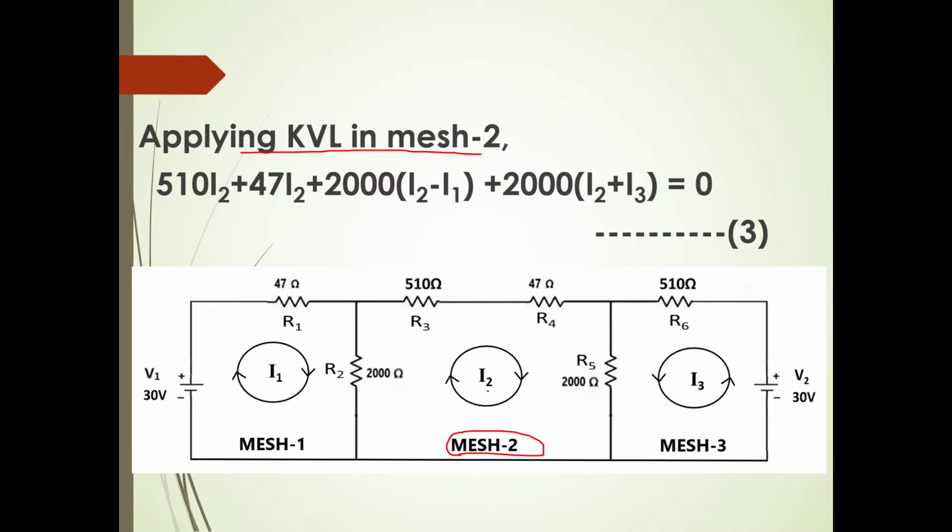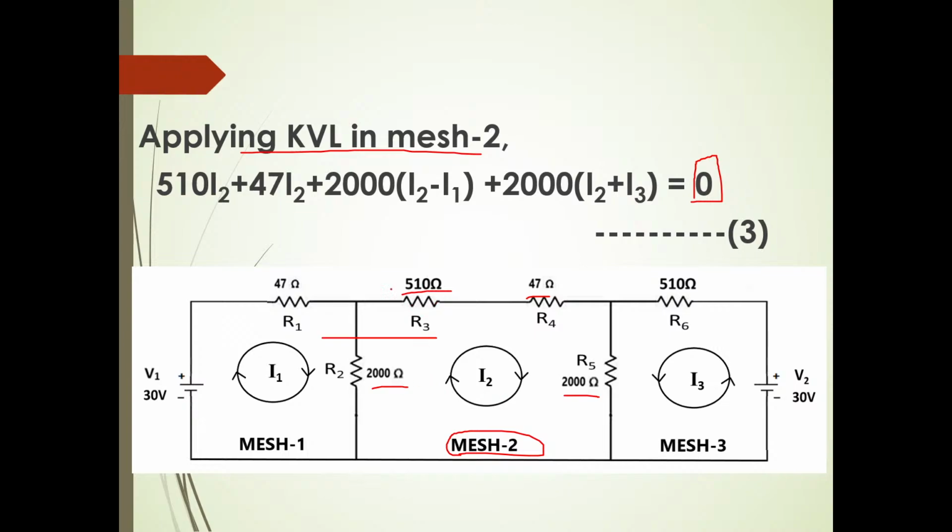What are all the elements that are there in mesh 2? 2000 ohms resistor, 510 ohms resistor, 47 ohms resistor, 2000 ohms resistor. There is no source in mesh 2. So the source voltage is how much? 0. Source voltage is 0, so 0 is equal to